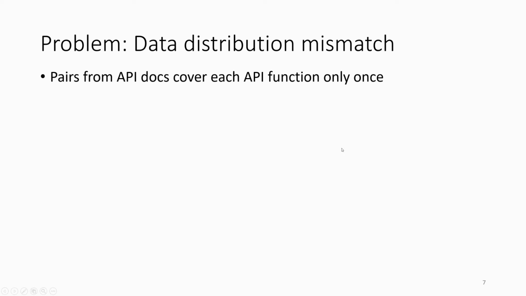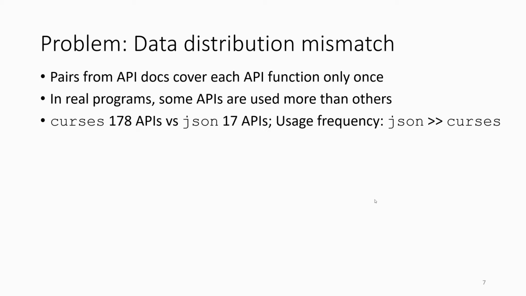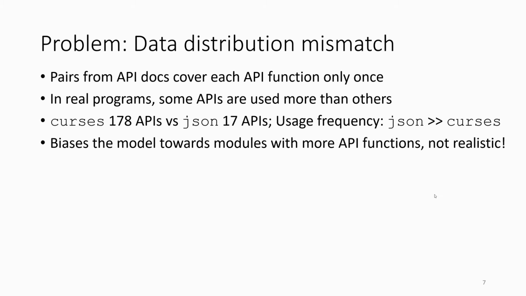The problem with API documentation is the data distribution mismatch problem. The pairs from the API documentation cover each API function only once. In real programs, however, some APIs are used more than others. For example, the curses library has many more APIs than the JSON library. However, the JSON library is used much more frequently. This would cause the model to bias towards the modules with more API functions, which is not realistic and will